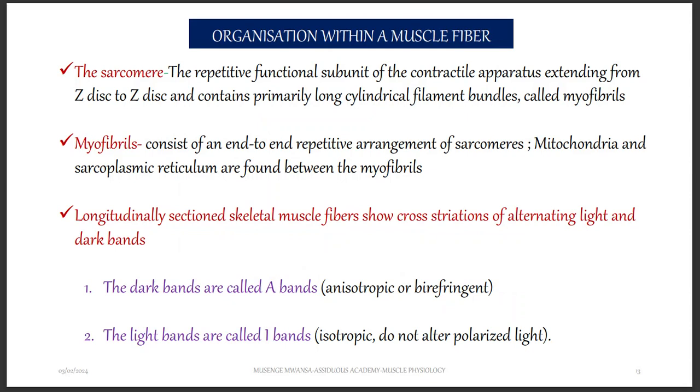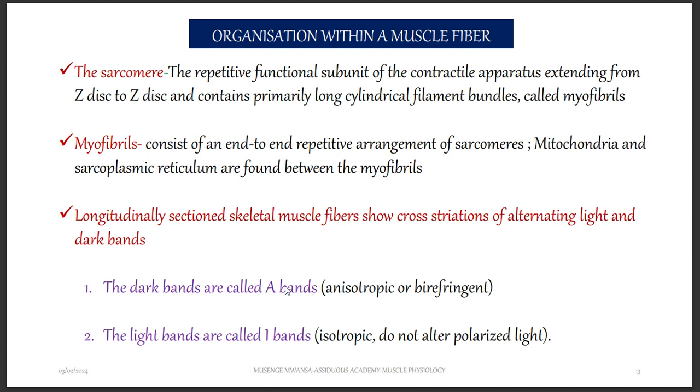Organization of a muscle: the skeletal muscles are going to have a sarcomere. A sarcomere is just extending between two Z discs. And then you have a myofibril. A myofibril is just a repetition of sarcomeres. One sarcomere plus another one plus another, and just like that forms a myofibril. These myofibrils are going to have dark bands and light bands. The dark bands are called